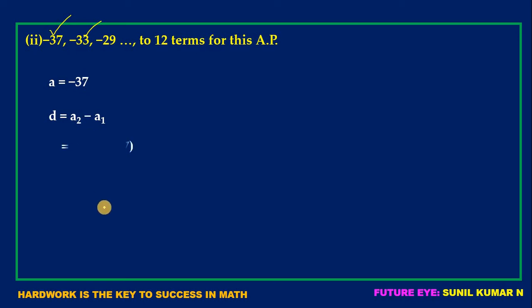So substitute in this formula now. So minus 33, and be careful here, children. See, this minus I have written as it is. This minus comes from the formula. So what is the a1 value? The a1 value is minus 37. So put a bracket and write minus 37 inside the bracket. I hope you have got it, children.